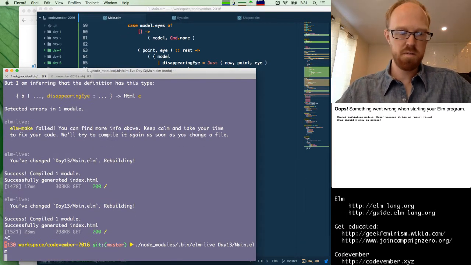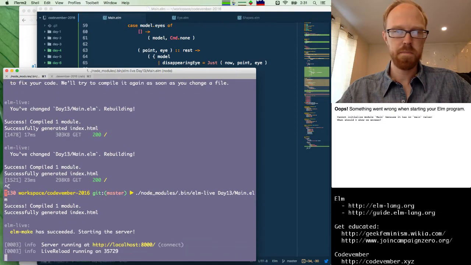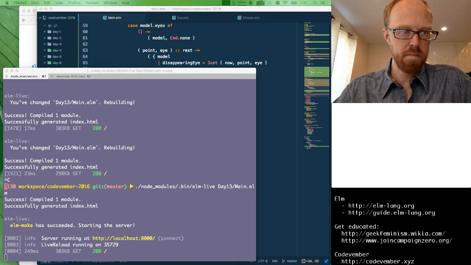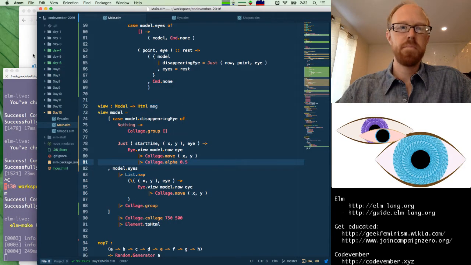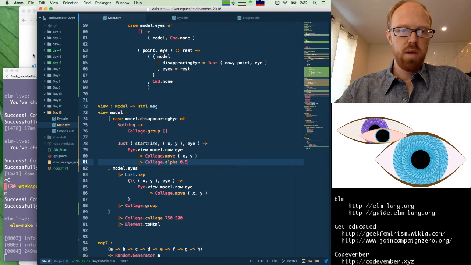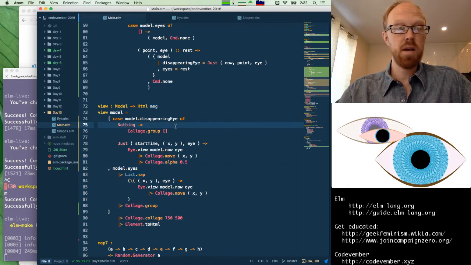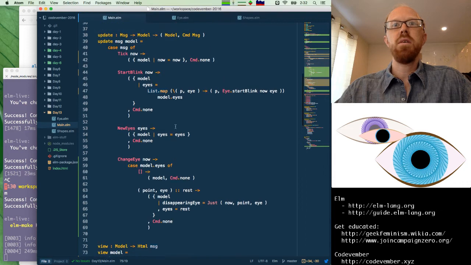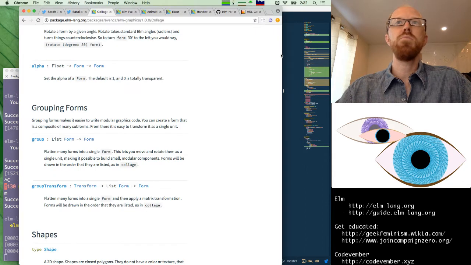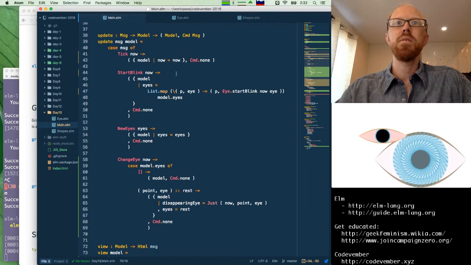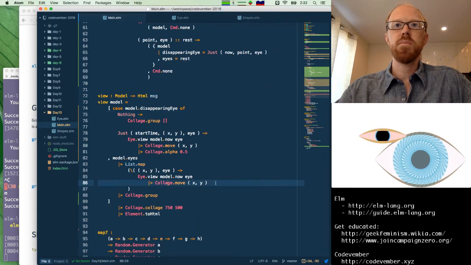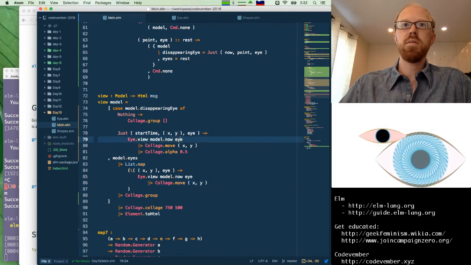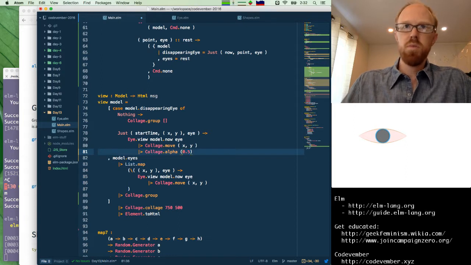Okay, and then our dev server died. Let's start it up again. Okay. So now, every 10 seconds, one of the I's will start to fade out, but our fade is not particularly smooth yet. Well, it's not smooth at all. So when we view this alpha, we want to animate. So we want to do